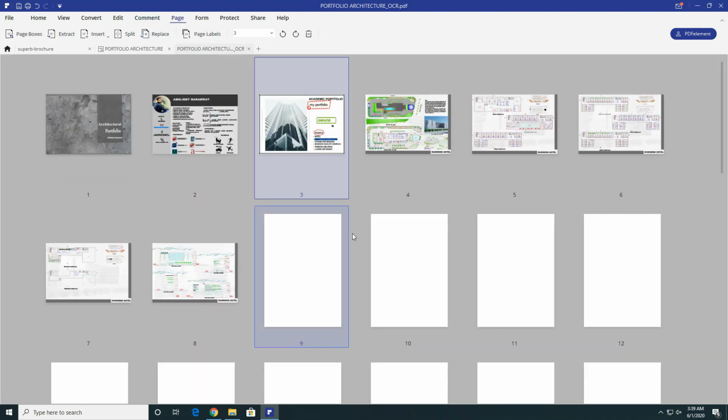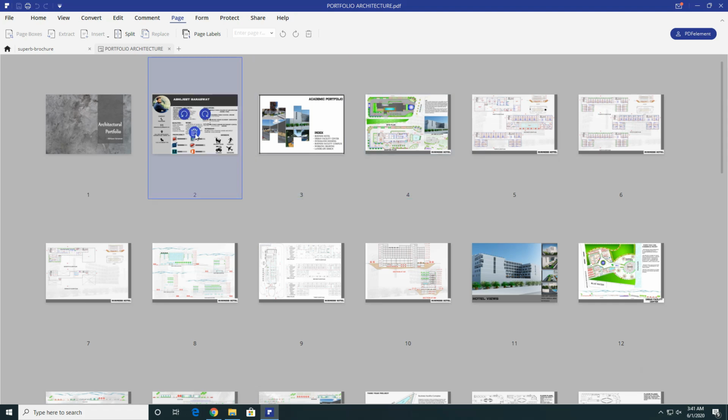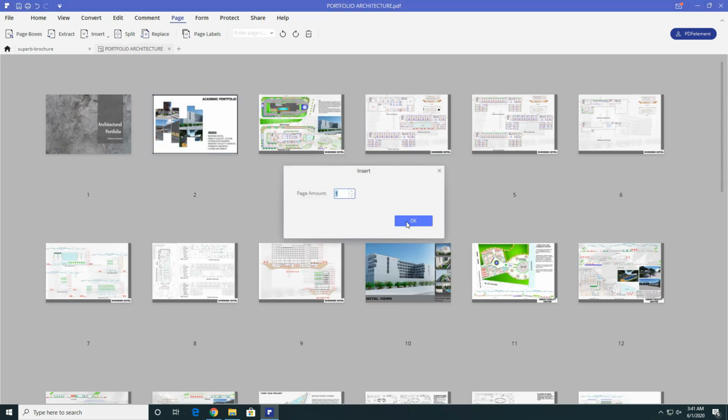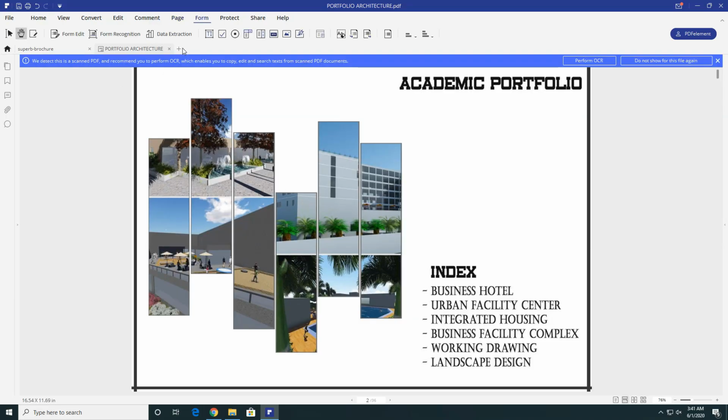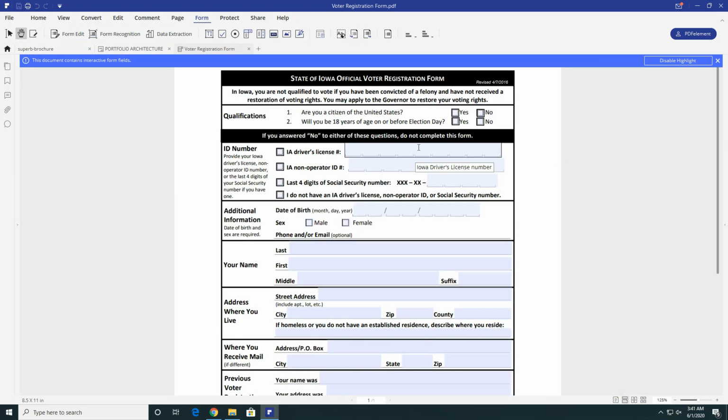By going to the page section, you can delete a particular page or even add a blank page or pages from other PDFs. Now we move to the form section. For that we will open a form file. It is one of the best features, as even flat or non-fillable forms made on Microsoft Word can be filled in PDFelement.